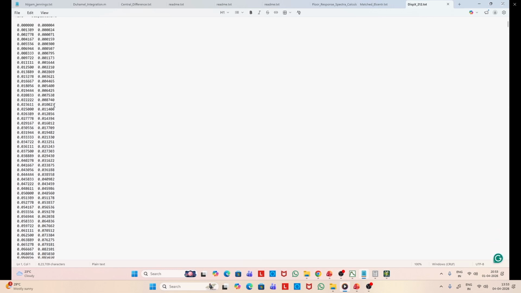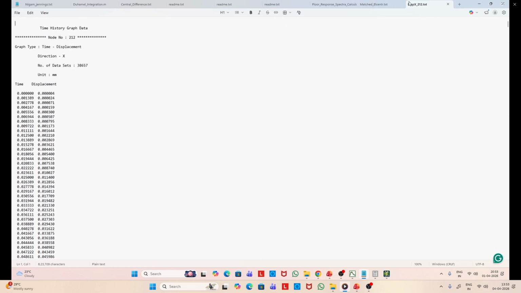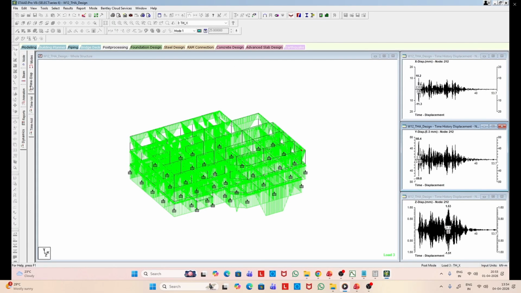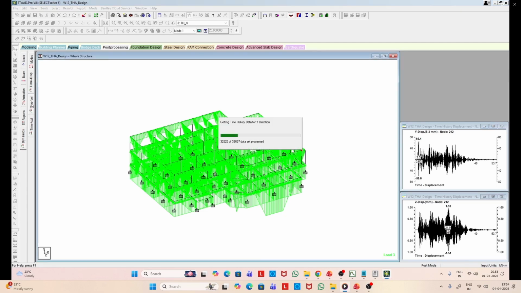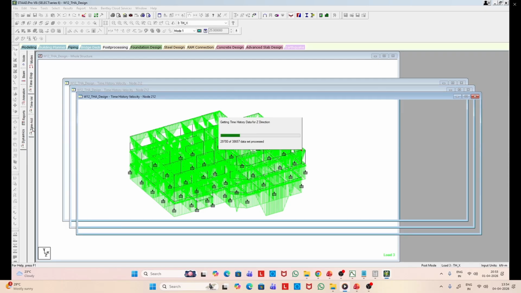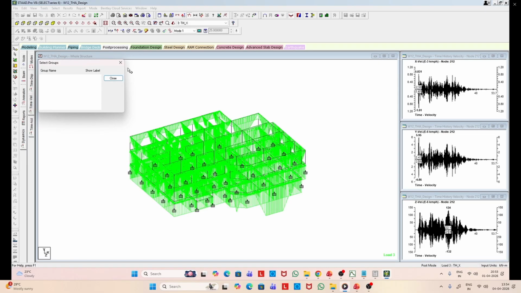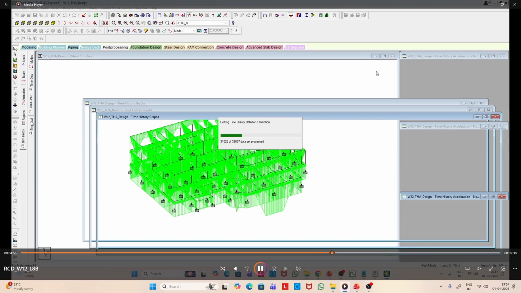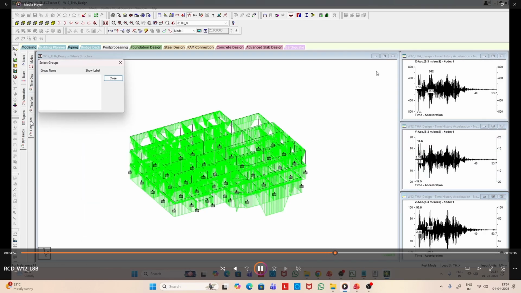For all time stamps, you have the displacement along X, so you can change the direction, and then also you can save it and do the rest of the analysis. So here is the response for the node 1.